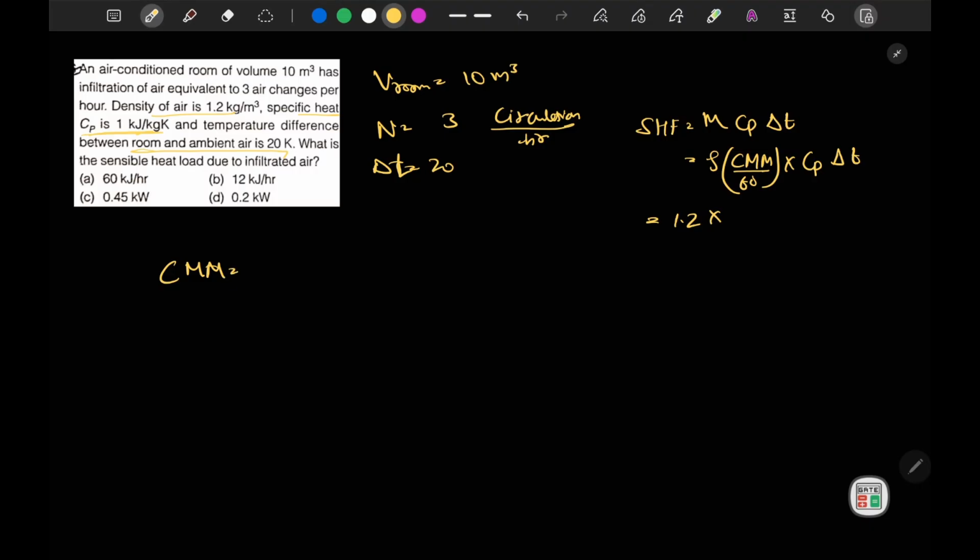So we can write it as 3 into 10, this is meter cube per hour, divided by 60 is meter cube per minute. So from here we can write 0.5